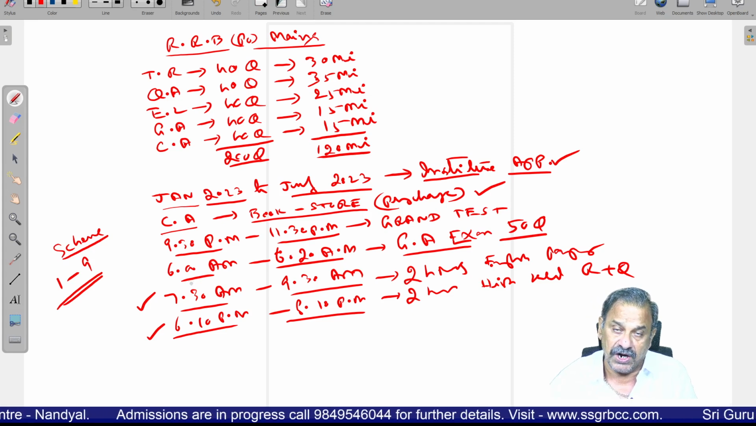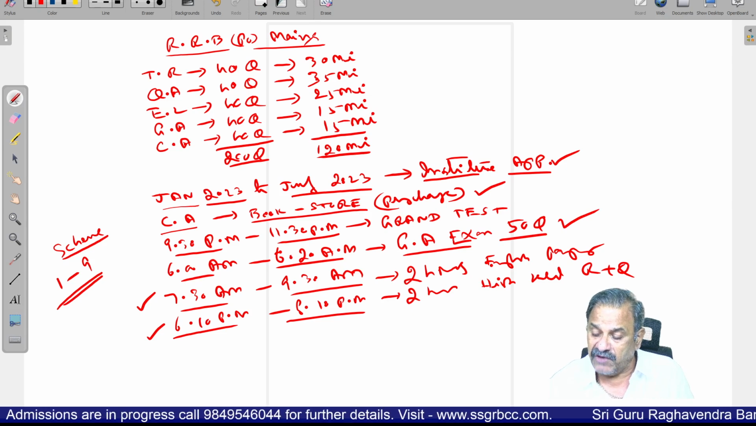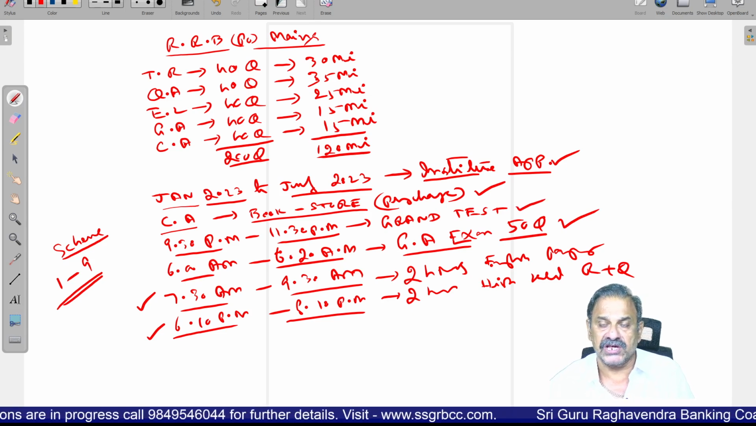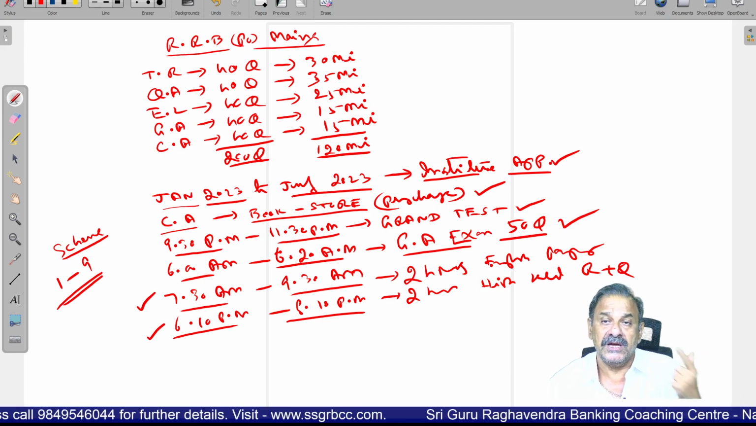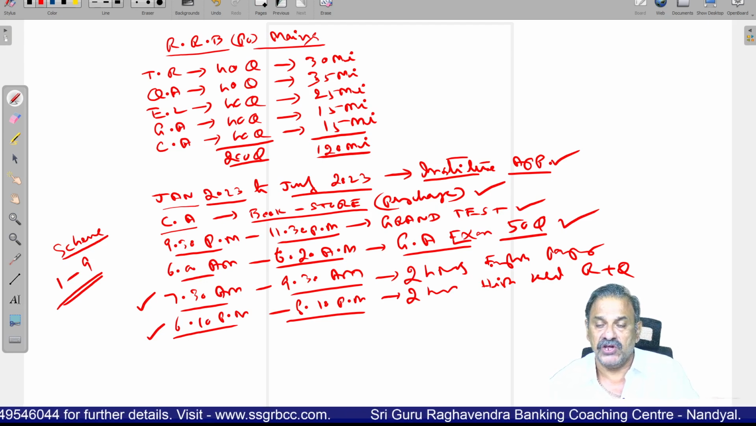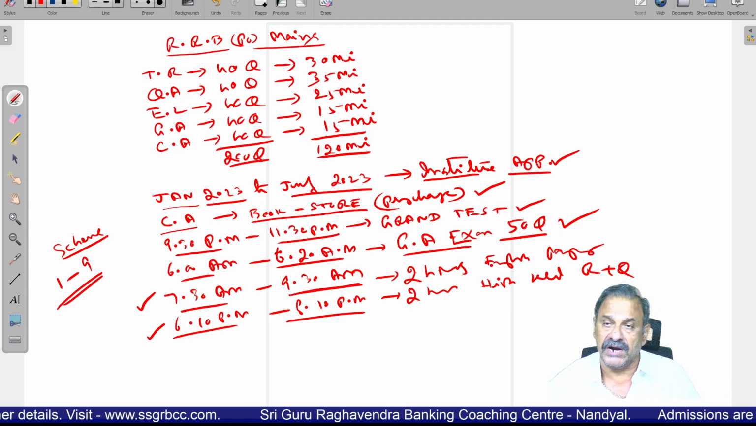And every morning from 6 a.m. to 6:20 a.m., for 20 minutes, you are going to have the general awareness exam, which consists of 50 questions related to current affairs, banking, finance, economy, static GK, and computer awareness. Then from 7:30 a.m. to 9:30 a.m. every day for 2 hours,